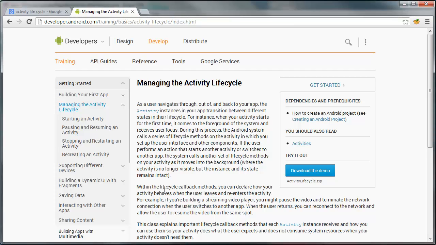In this lesson we're going to talk about the activity lifecycle, and how we can send a very simple string from one activity to another. As you can see here, I just started right off the bat with my browser, showing you the managing activity lifecycle